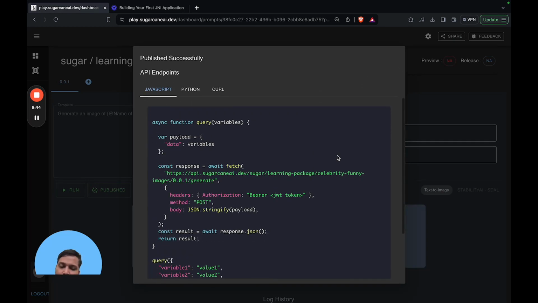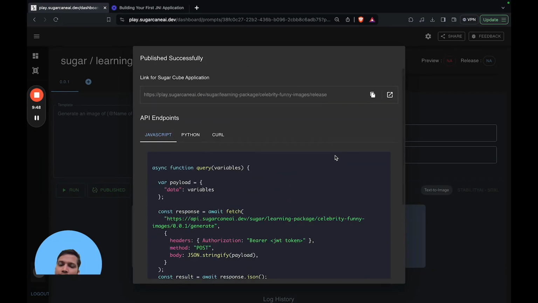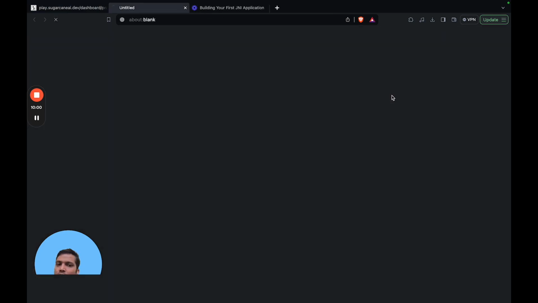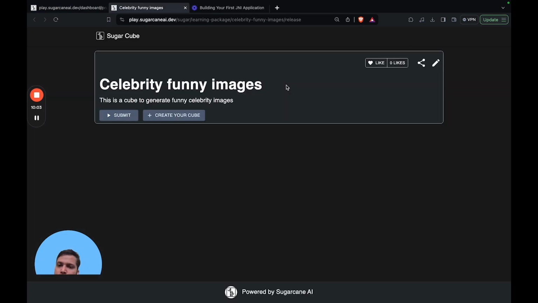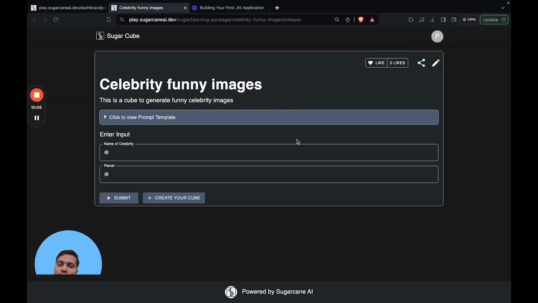One more part is that if you want to use this as an API somewhere, you can always use this API. But in this video, we will learn about SugarCubes only. So once you click on publish, the SugarCube will be deployed and the prompt will be available in front of an application. Now you can just click on this link and hurrah, we have a small application with the name